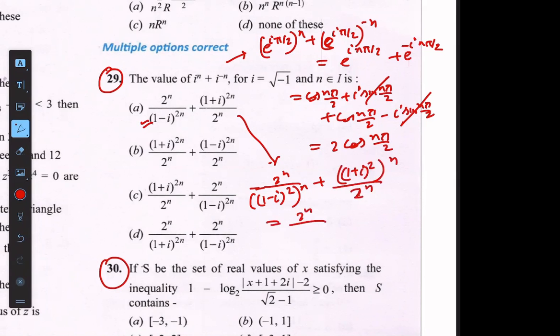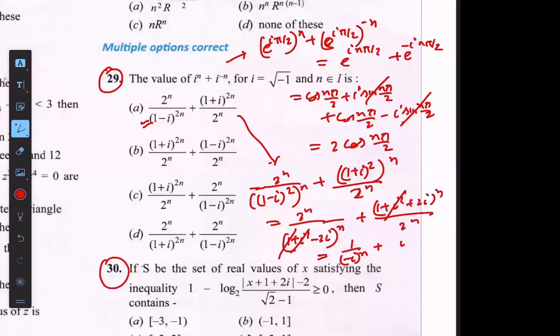So it will become 1 plus i square minus 2i whole power n. This will become 1 plus i square plus 2i whole power n, divided by 2 to the power n. देखो ये कैंसिल आउट हो जाएगा, 2 की पावर n आएगा वो भी कैंसिल आउट हो जाएगा, तो बेसिकली ये बचेगा माइनस आई की पावर n, और ये बचेगा आई की पावर n।